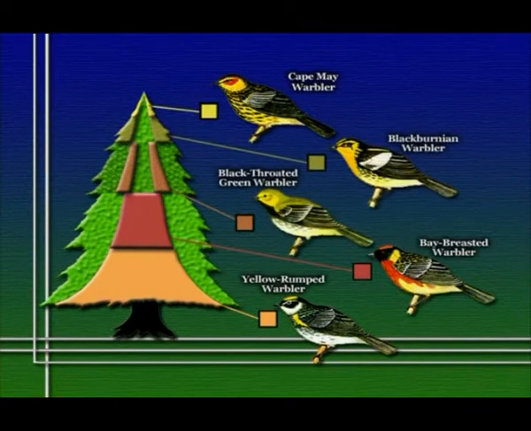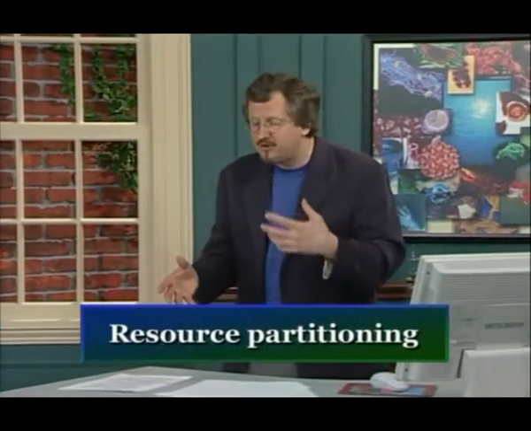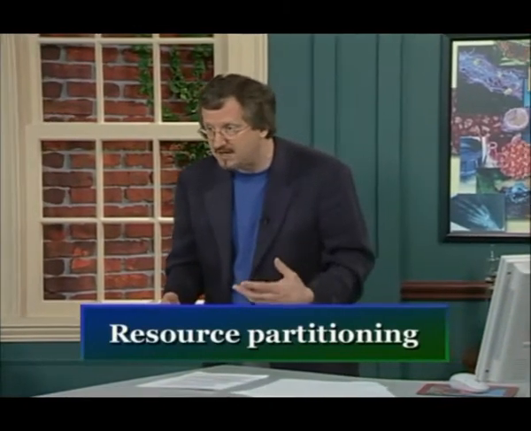MacArthur also found differences in behavior. For example, he found that Cape May warblers tend to catch many of the insects they eat on the wing. They're hawking, they're flying out and catching those insects, whereas other species tend to glean insects off of branches and so forth. Thus, MacArthur's detailed study of these birds revealed that in spite of the fact that they all appear to live in an identical specialized habitat, they really are dividing this habitat in very specific ways. They're doing something that we call resource partitioning. In this way, the warblers are competing for some resources, but each has its own niche, finely defined, but nonetheless distinct.